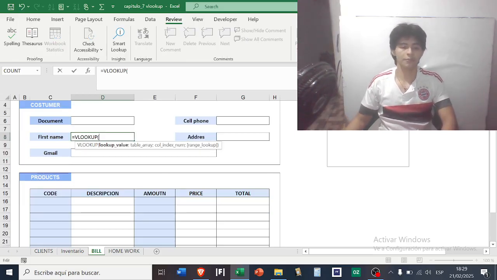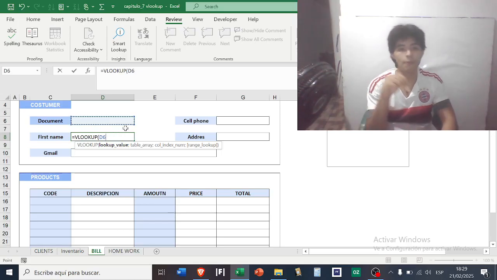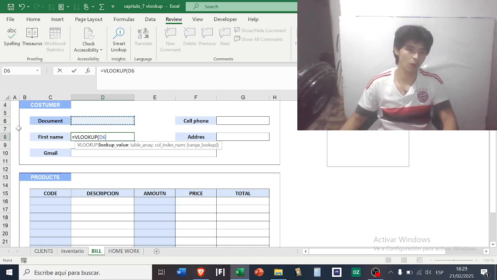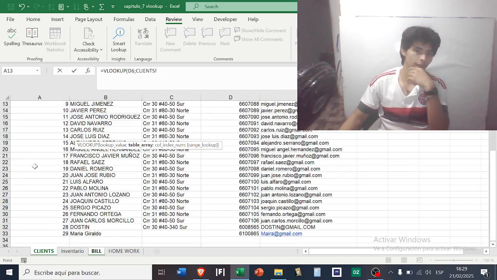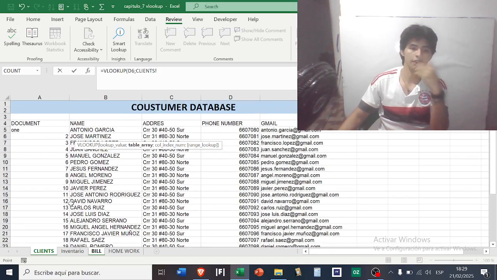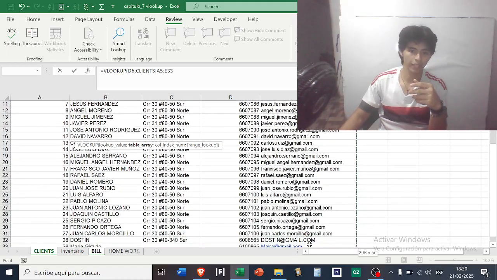You type in the VLOOKUP function, and you need to specify the lookup value. In this cell, you will type the specific row or the specific text or number that the VLOOKUP function will find in the table. Whatever it is, you type this, and you go for your data. Where's your data? Maybe your data is in another workbook. So you choose your entire data,